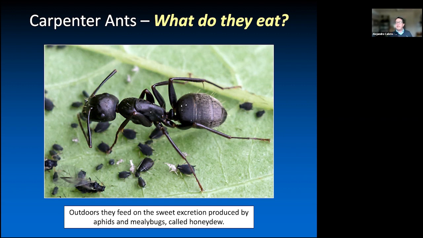It's basically insect urine, and it's sweet. It's called honeydew, and that really attracts the ants to that source of food. They consume that honeydew, but they can also protect those aphids. So they're very attracted to honeydew.